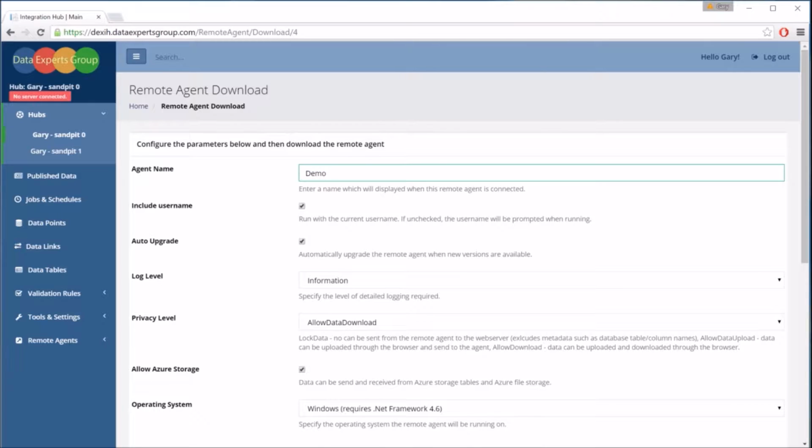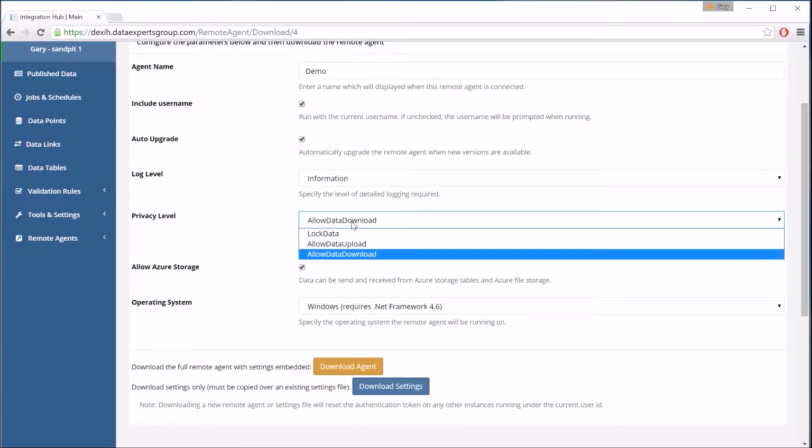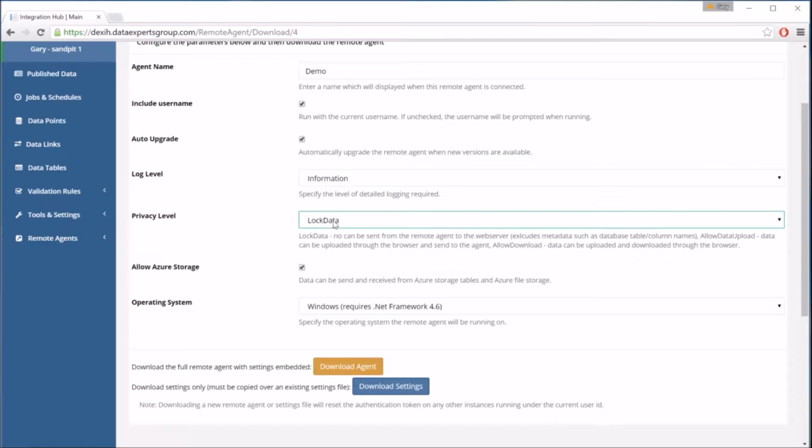We can instruct it whether we want it to auto upgrade, the sorts of logs that we would like to have, and the privacy level. What the privacy level lets us do is basically say how locked down you want the data on your network to be. If you want the data to be completely locked, that means the data that is used by the remote agent to run integration jobs and to load staging data and other things